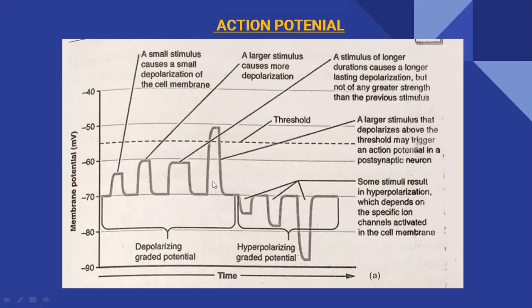When the potentials are decreasing the potential inside the neuron, further decreasing it, say for example from minus 72 down to minus 90, the negative condition is further increasing due to some stimuli. Such things are called hyperpolarizing graded potentials. If the potential difference is in an increasing position, it is called depolarizing